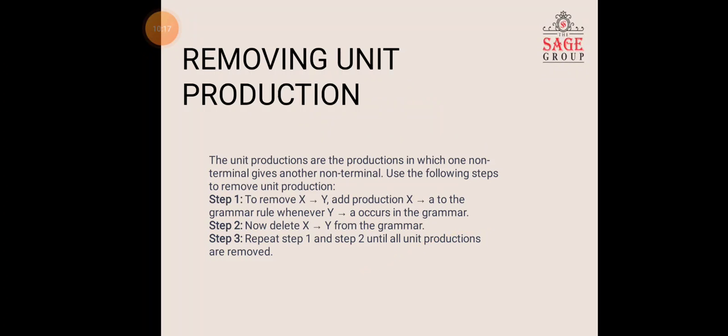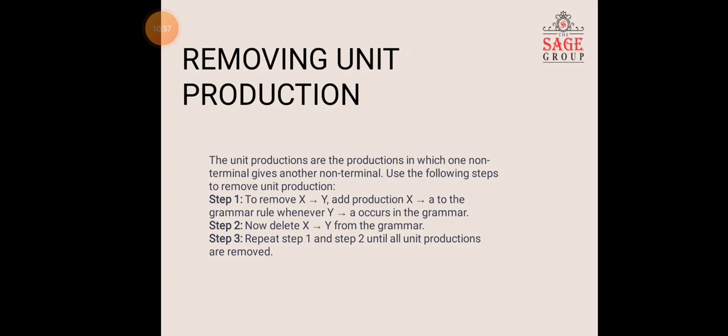Coming on to the third rule or the third method which is used for simplifying the grammar, which is removing unit productions. So what unit production means, that we need to understand. A unit production is when one non-terminal gives you another non-terminal. That means you have one non-terminal on the left hand side and another non-terminal on the right hand side. Okay, so in this you can take the example of X tends to Y as we have taken. So X and Y, both these terms are non-terminals, that is I am having one non-terminal X on the left hand side and another non-terminal Y on the right hand side.